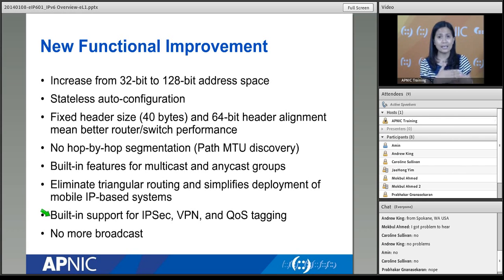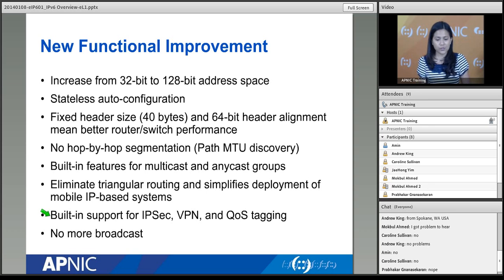So it is a separate protocol in IPv4. But in IPv6, the goal is to have these IPsec capabilities as part of the IPv6 protocol itself. All right. What else? It's got VPN, it's got QoS tagging, everything that has to do with securing your IPv6 network. But again, it doesn't mean that if you're running an IPv6 network, it's already secure, all of it, because it's still part of all the TCP/IP layers. You still have to protect all the other layers, not just your IP layer.